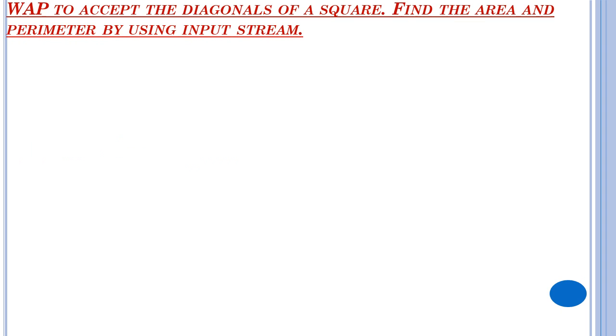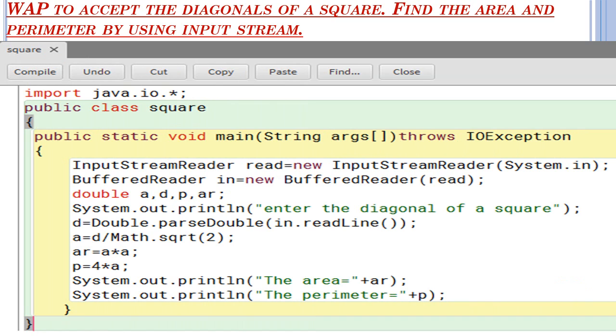First program is: write a program to accept the diagonal of a square. Using that diagonal you have to find the area and the perimeter by using input stream. The method we are using here is input stream. You need to take a diagonal of a square and using that find the area and the perimeter. In an input stream program you have to write the first line, import